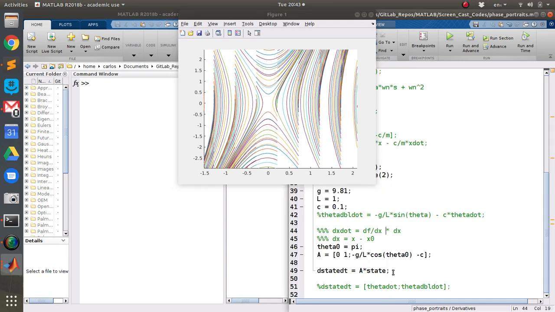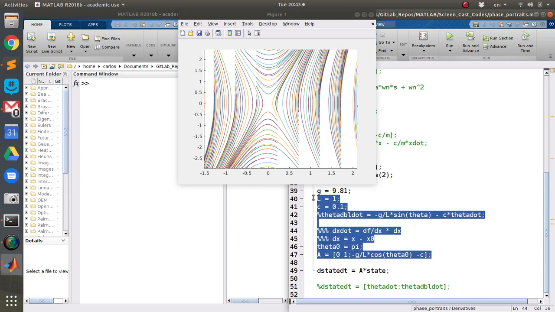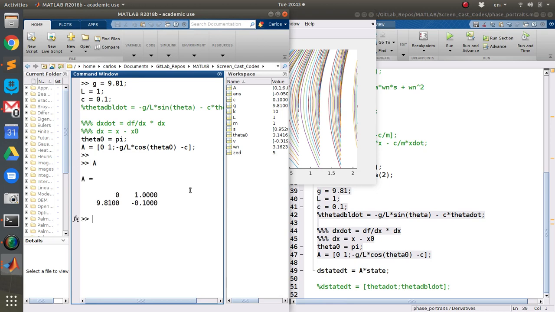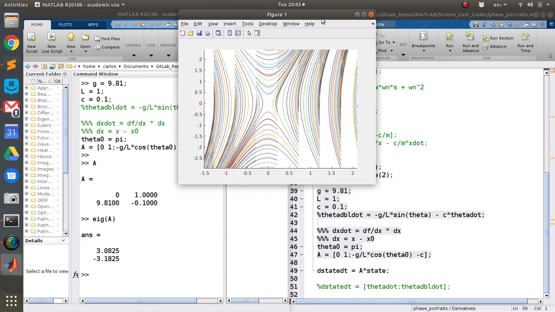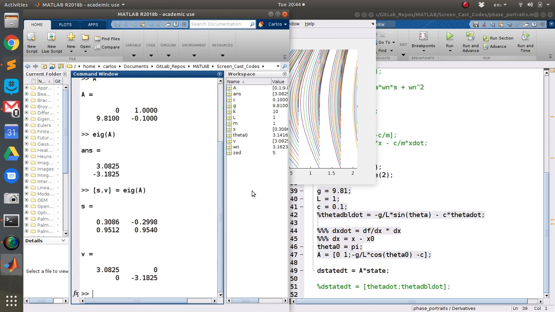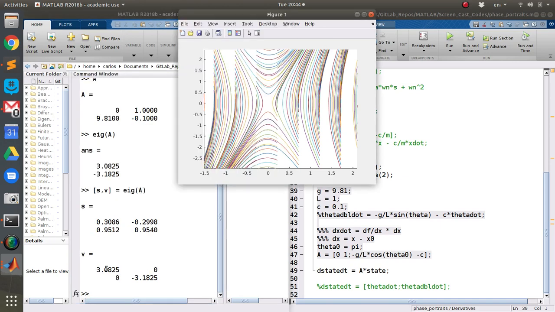And so let's see if we can actually determine what those eigenvectors are. So if I copy this, paste it in here, and then again, if I do EIG of A, I'm going to get one positive and one negative pole, which is totally fine. But now I want to say, okay, give me the eigenvectors. And so now I've got this eigenvector here. So this is associated with a positive pole, so that's the unstable one,